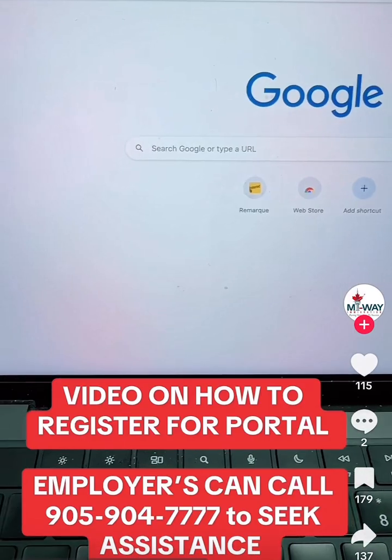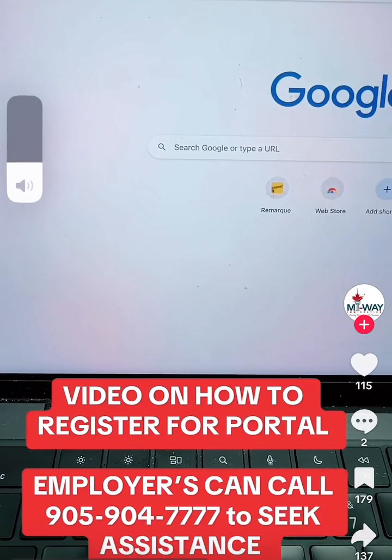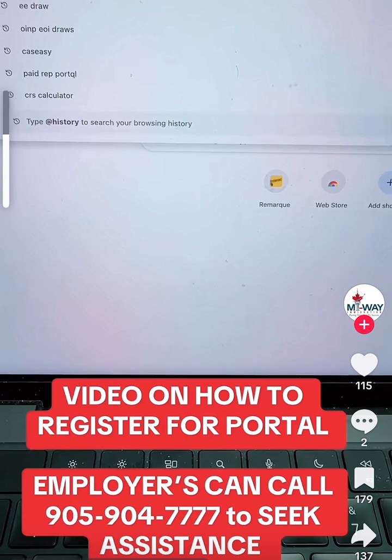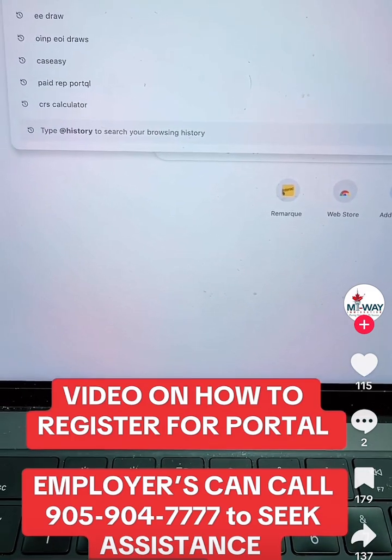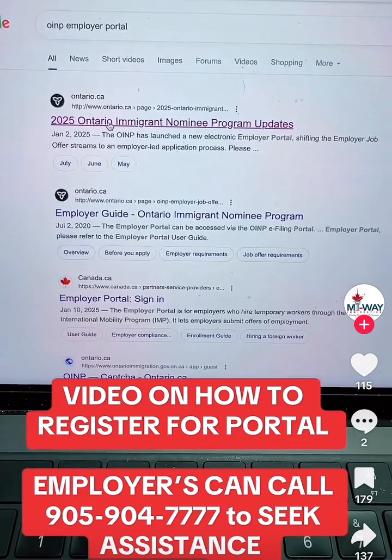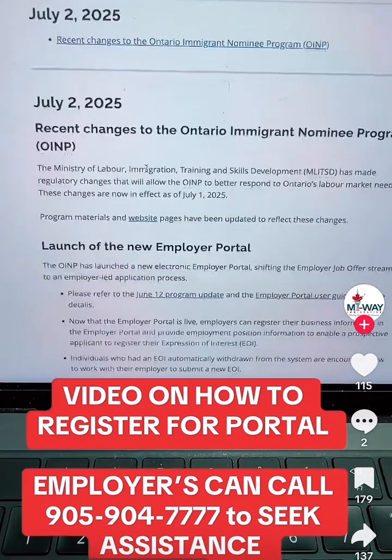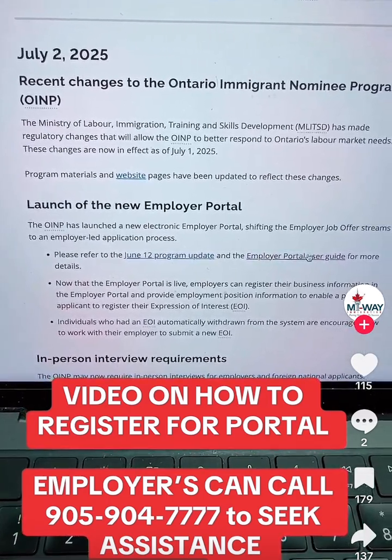They click on create, and the employer can register themselves for the employer portal. Now you wouldn't need any other videos. You'll type on Google "OINP employer portal." You'll go to the first link, and at the bottom you'll scroll down and click on the employer portal